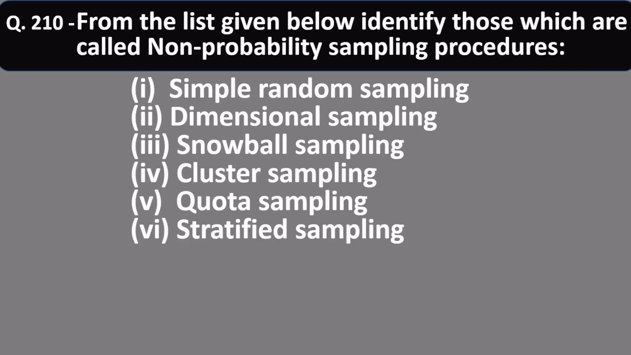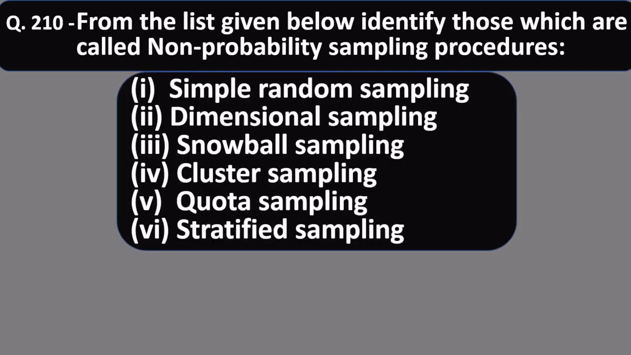Question 210. From the list given below, identify those which are called non-probability sampling procedures. Number 1, simple random sampling. Number 2, dimensional sampling. Number 3, snowball sampling. Number 4, cluster sampling. Number 5, quota sampling. Number 6, stratified sampling. The options are